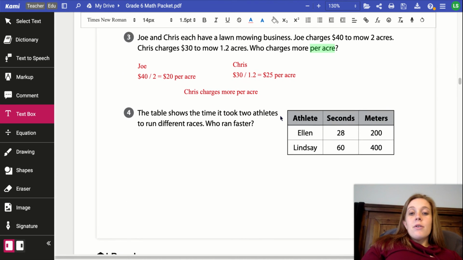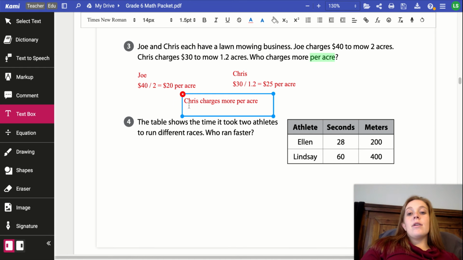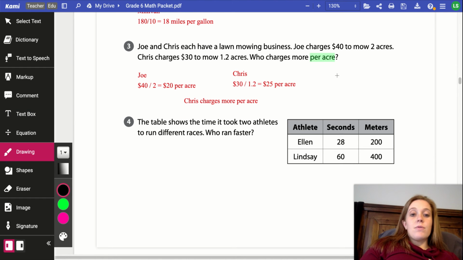Okay. Question 3, looking to see who charges more per acre. Joe charges $20 per acre. And then for Chris, you were dividing by a decimal. You do have access to a calculator, so as long as you showed this type of work, you would be able to find your solution by dividing. But just a reminder for those of you that might not have a calculator handy and you were doing this by hand, if you have a decimal in your divisor,